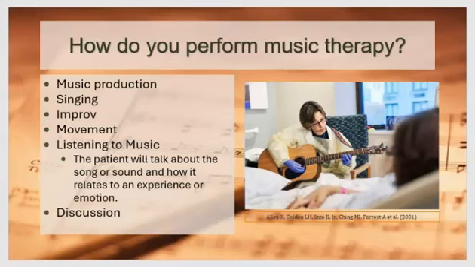Music therapy may include singing, writing lyrics, or playing instruments. In some sessions, patients will listen and then discuss the significance of the lyrics. This technique may be utilized and performed in various inpatient and outpatient settings such as hospitals, outpatient clinics, schools, nursing homes, treatment facilities for substance abuse, and even correctional institutions like prisons and jails.